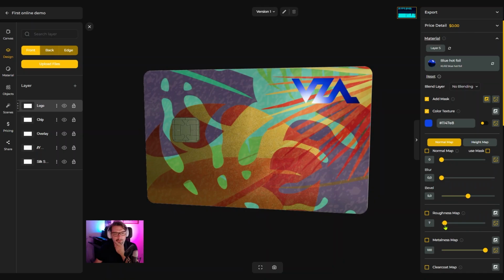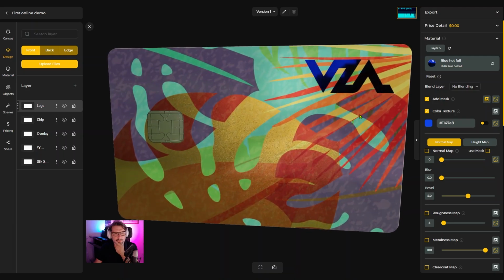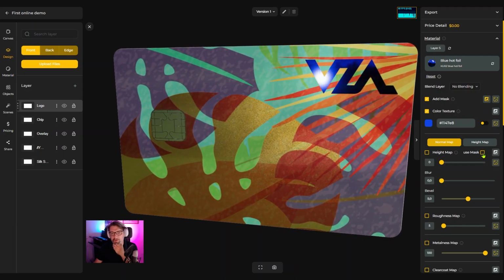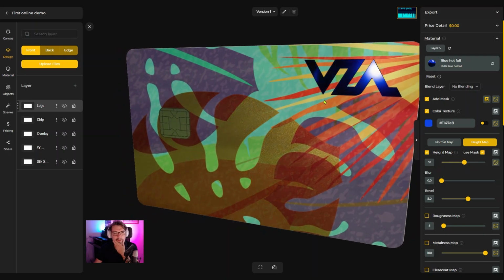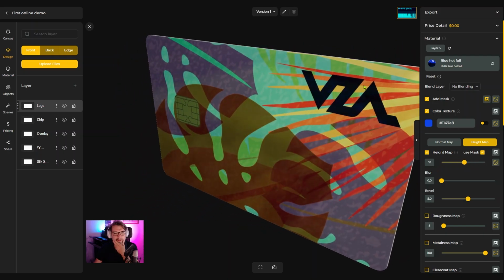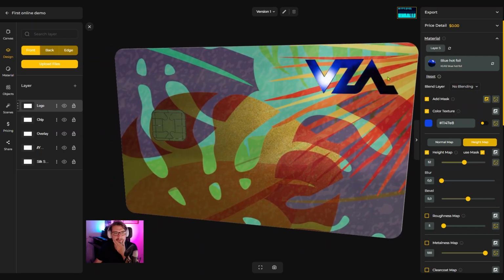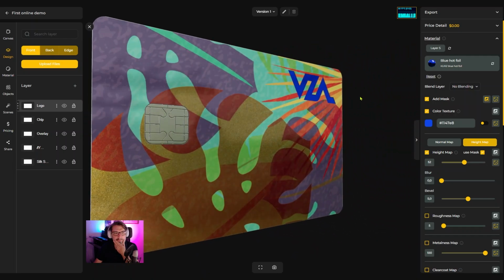I'm going to change this roughness a little bit so it's a bit more shiny. But it's still very flat, right? So we're going to add a little bit of height to it, or actually an indent. I'm going to use that same mask for the actual indent. I'm just going to add a little bit of depth. Oh, here we go. And you can already see that it's indented inside of the card, like a real